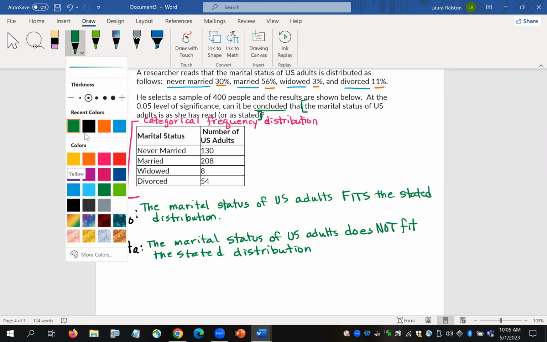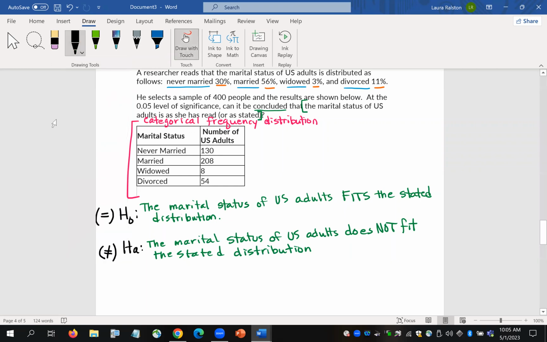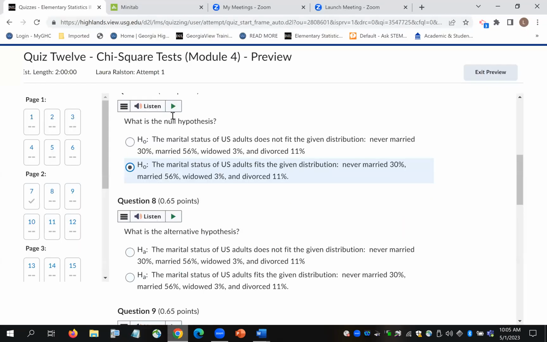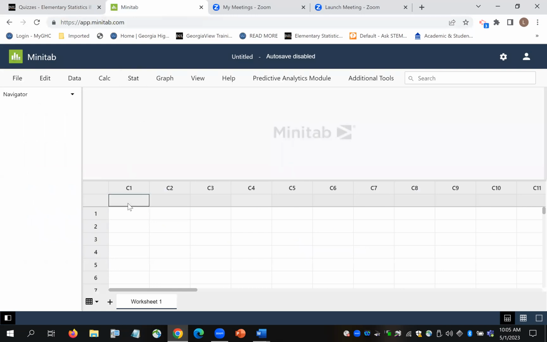Then we need our players, which in this case are our categorical frequency distribution and our level of significance, which we're told in the problem is 0.05. I'm then going over to Minitab, and I basically have to enter my categorical frequency distribution. So I'm going over to Minitab. So I have marital status,